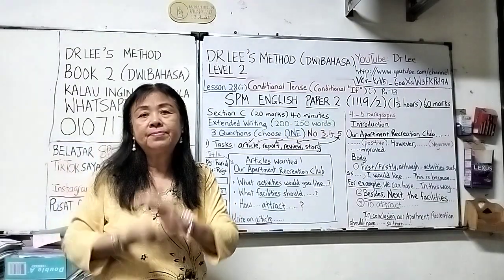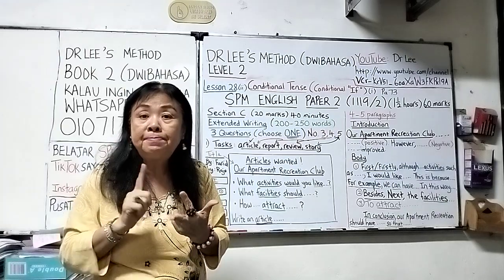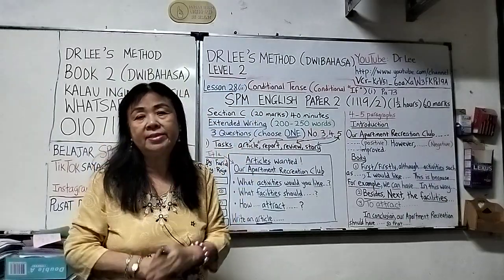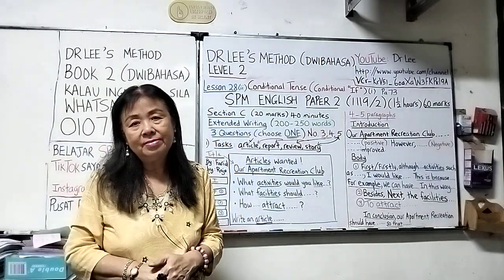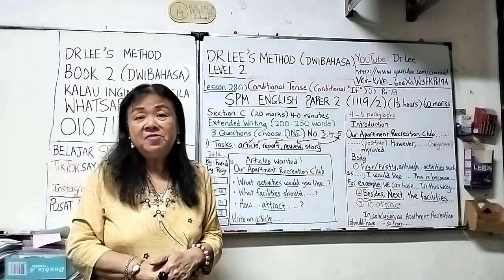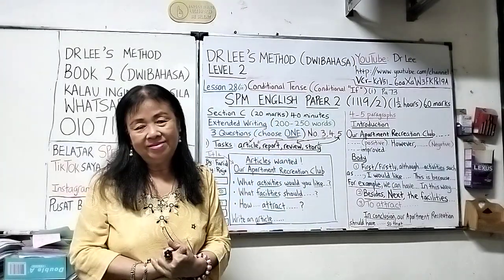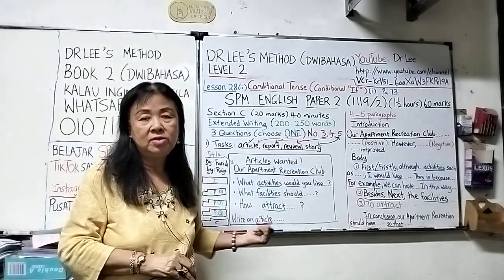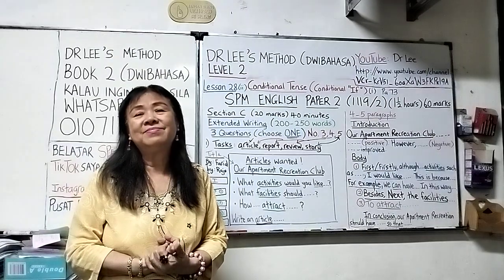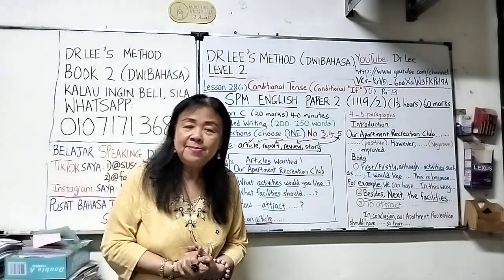Step by step. Main point, give the reason. Give examples. And then what is the effect? What effect does it have if you have all these things? Alright? So is it simple enough? If it is during your SPM, choose articles to write. You can always follow the step-by-step approach. How is it you cannot achieve 250 words? You can. I'm sure you can. Okay? So that's all from me.